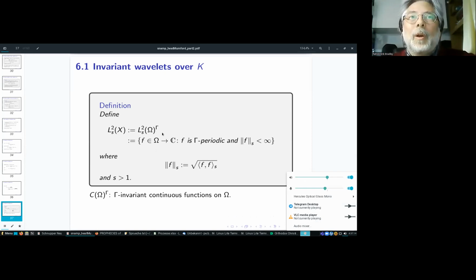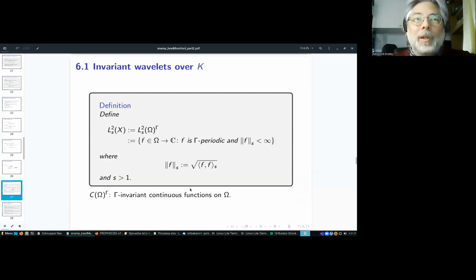These are, of course, on the curve, or the gamma invariant functions on omega, L2 functions with index s greater than 1. These are the gamma periodic functions such that this norm that you have from the inner product is finite. And so the norm is written here as the square root of the inner product of f with itself, indexed by s. And of course, the superscript gamma will indicate that you're talking about gamma invariant functions. So continuous functions will have these spaces too. We look at the invariant